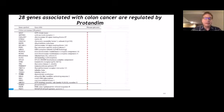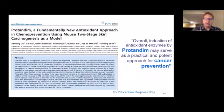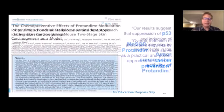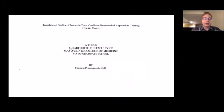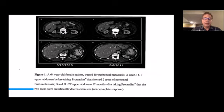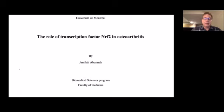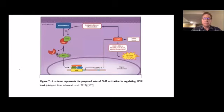Cancer prevention. The genes associated with colon cancer, 25 of the 28 genes are turned in the opposite direction with Protandim. Again, this is not a treatment, cure, or prevention for any type of disease. This was the skin cancer study from Louisiana State University, a very positive effect. They actually did 2 studies. The Mayo Clinic, a gentleman from there did a study on ovarian cancer and showed that Protandim shows promising effects potentially in ovarian cancer. He's doing some more studies right now looking at that. From the University of Toronto or Montreal, I can't remember, a study showed that Protandim had a protective effect on the degradation